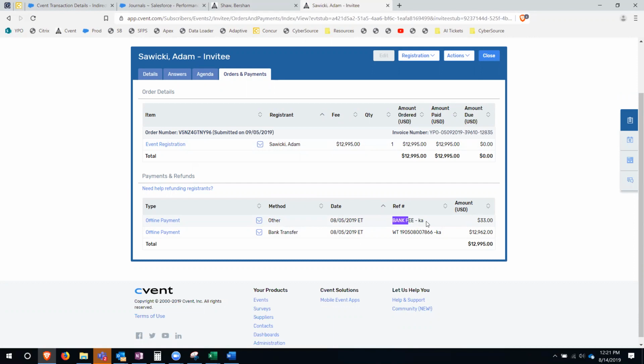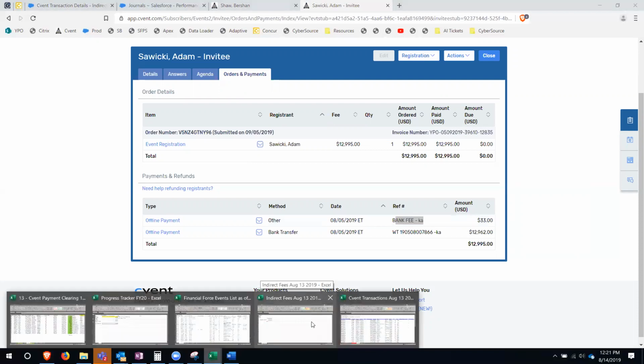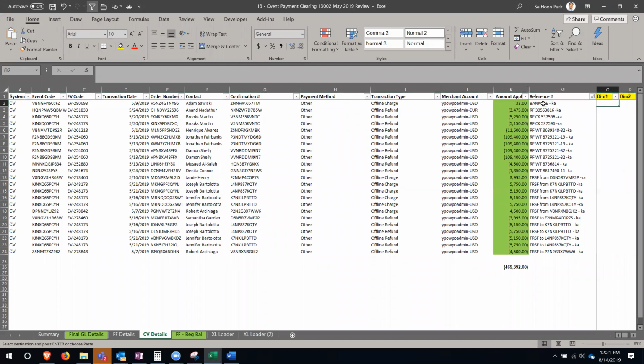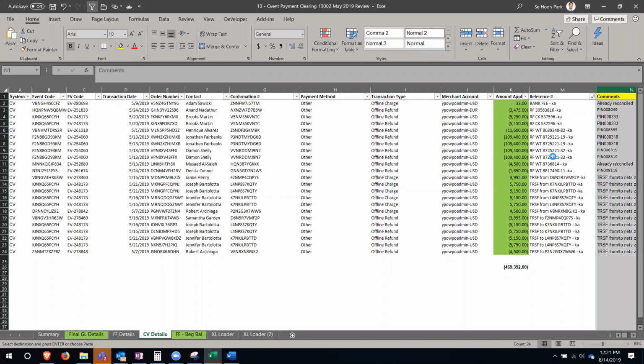So she always puts a reference in what she creates. And on this one, it's a $33 bank fee. So I honestly don't know the specifics behind this. I just know what to do with it. So when that comes up in my report, it shows us this. It's going to say $33 bank fee. So you need to reconcile. You need to reclass this to a bank fee because when it migrates to Financial Force,